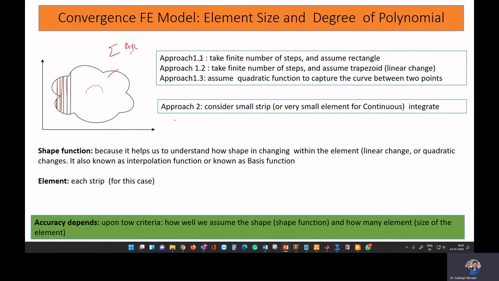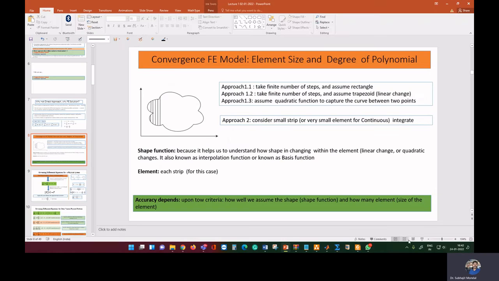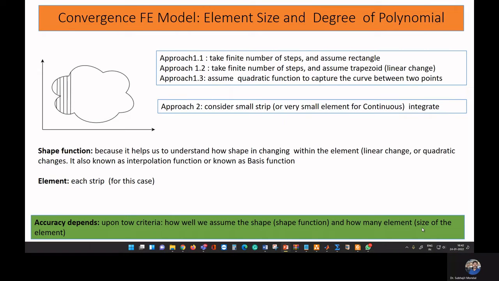Okay, and the approach is that instead of having a rectangular strip, you can take a trapezoid. Instead of a straight horizontal line, you can take trapezoid-like shapes, and you calculate the area of each trapezoid and take the summation of all the trapezoids, and you will get the area of this shape. Okay. Now the third approach is that instead of having a trapezoid, we can assume some quadratic function